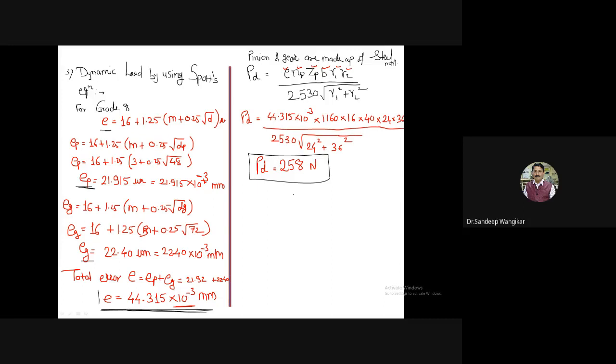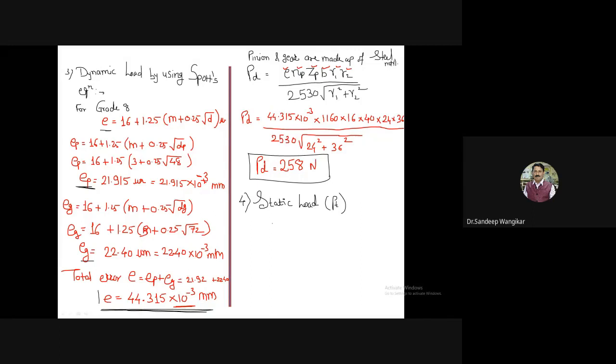Step number 3, we have calculated the dynamic load by using Buckingham's equation. Step number 4, here we will be calculating the static load PT. So we will be using the formula for P effective. Okay, so whatever your answer, you go with that answer only. The final answer in kilowatt will not change to a large extent. So no problem at all.